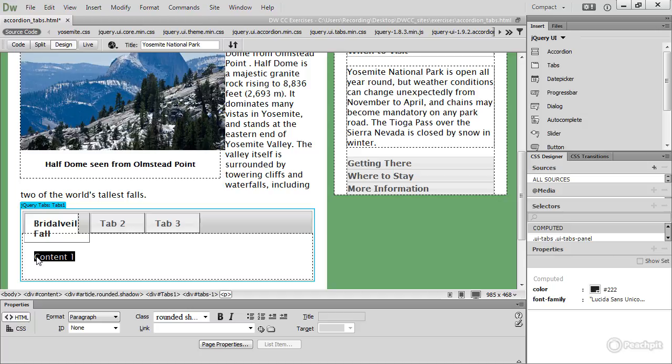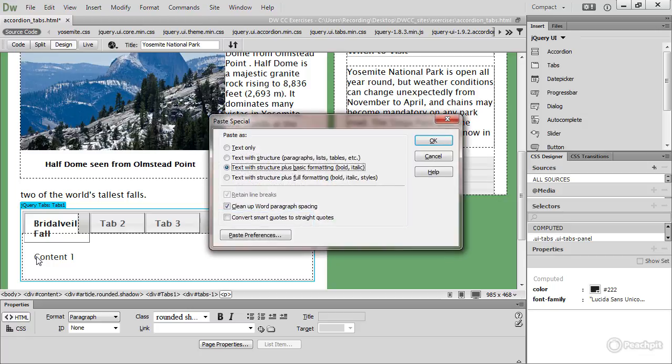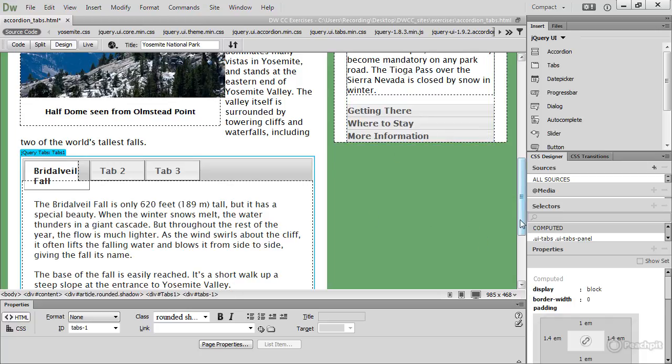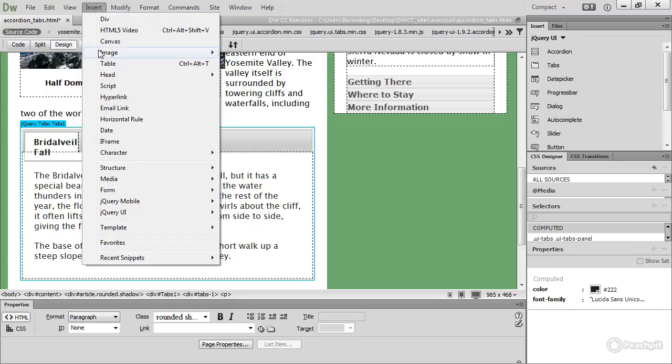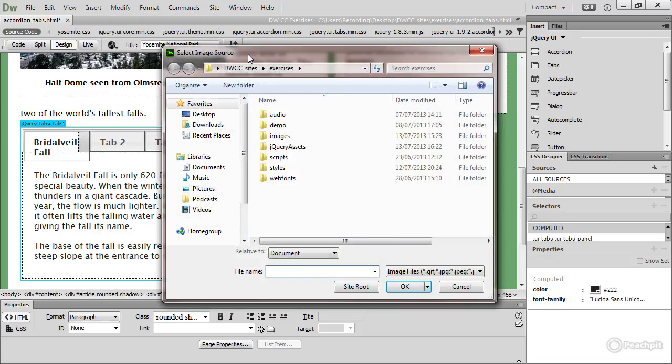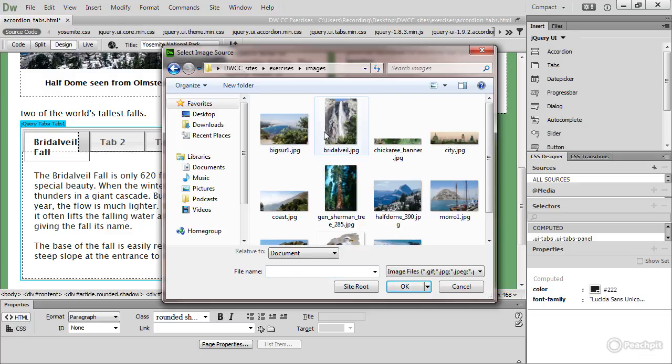I'm going to paste it in doing paste special, Control-Shift-V on Windows, Command-Shift-V on a Mac. And then just select OK, and there are my two paragraphs of text. And to show that you can put anything in one of these panels, I'm going to put my insertion point at the beginning of the first paragraph and then insert image, go to the images folder and select bridalveil.jpg